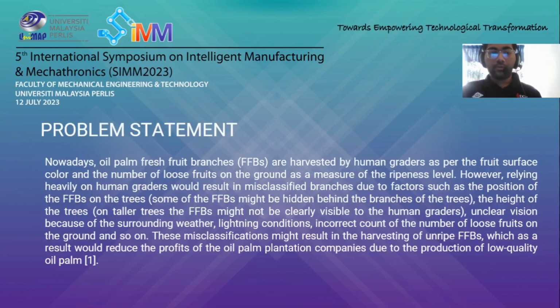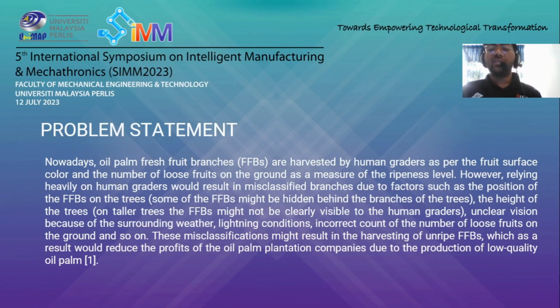Alright, moving on. So the problem statement. Nowadays, oil palm fresh fruit branches are harvested by human graders using the fruit surface color and the number of loose fruits on the ground as a measure of the ripeness level. However, relying heavily on human graders would result in misclassified branches due to factors such as the position of the FFBs on the trees. Let's say some of the FFBs might be hidden behind the branches of the trees,